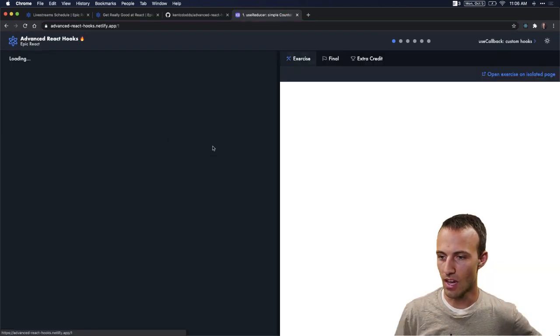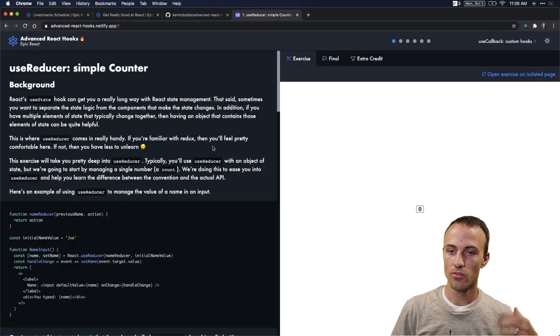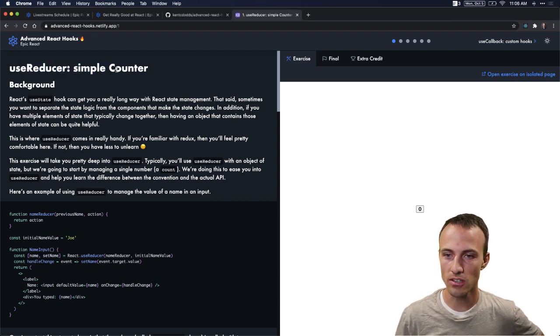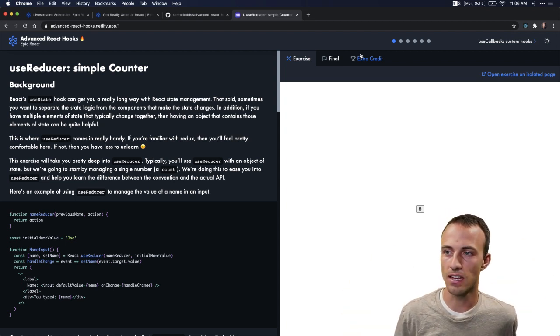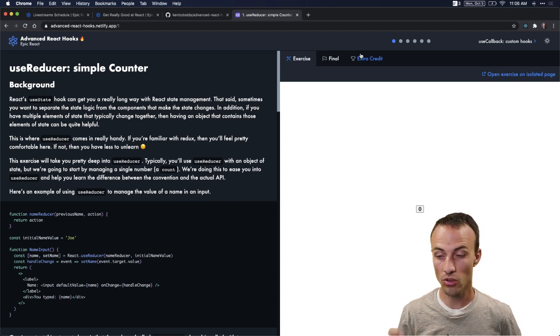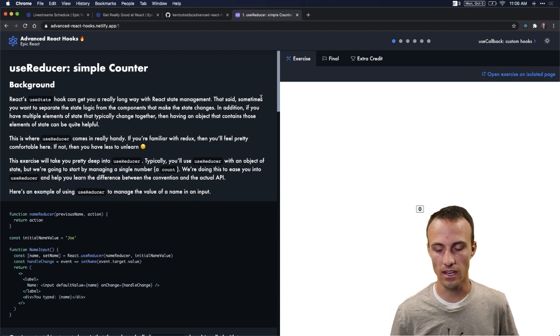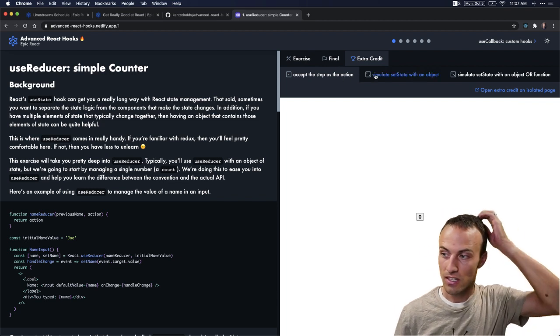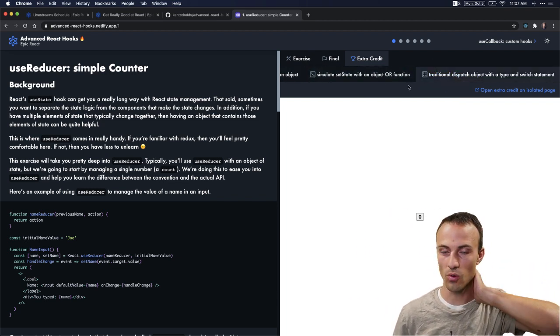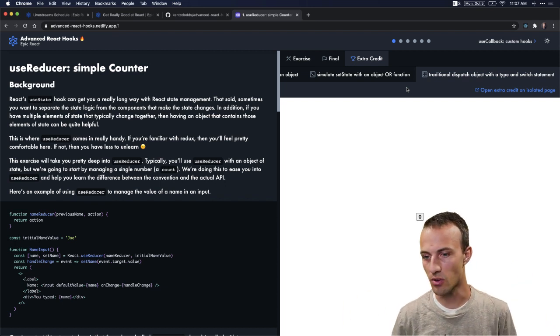And yeah, let's take a look at what we're covering here. So for this workshop, I show you use reducer, and we start out as simple as possible. And this one's actually pretty interesting. Most of the time when people learn use reducer, they jump straight into the Redux way of doing reducers. And I feel like that's jumping over a couple of really key and important fundamentals. And so with this one, we start out with a really basic reducer that doesn't do a whole lot beyond what you get out of use state. And then we have a bunch of extra credits to get you a little closer to what you find with the typical Redux type of reducer,